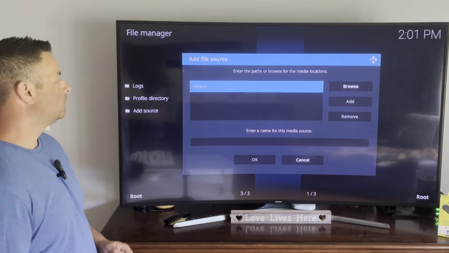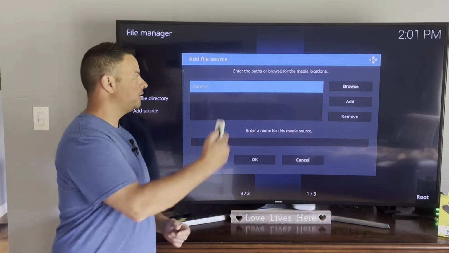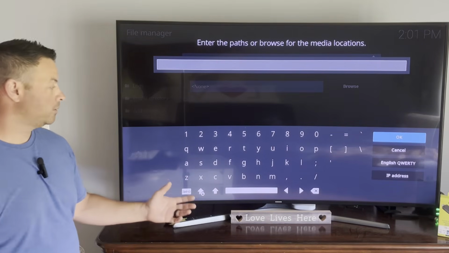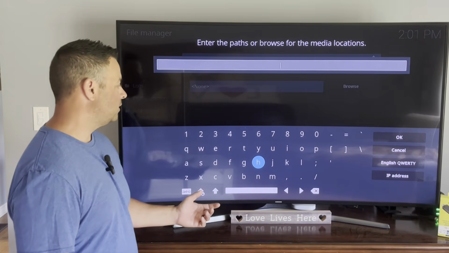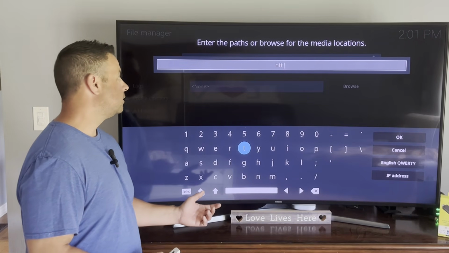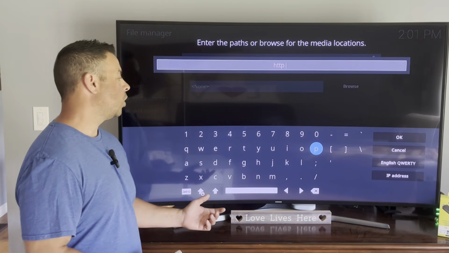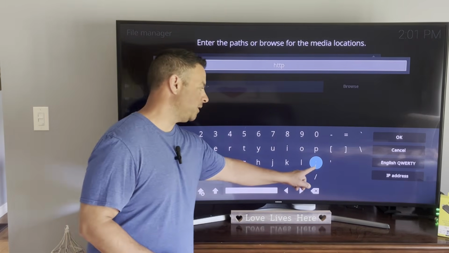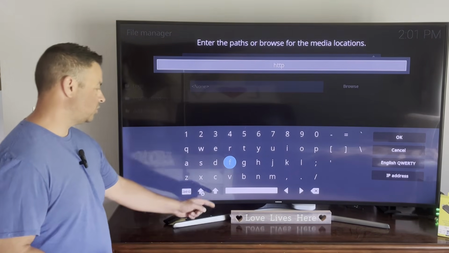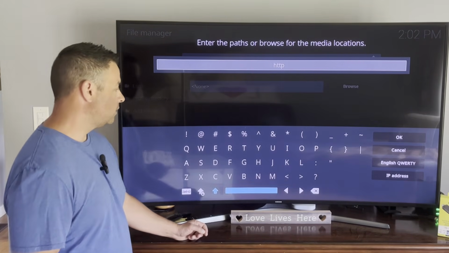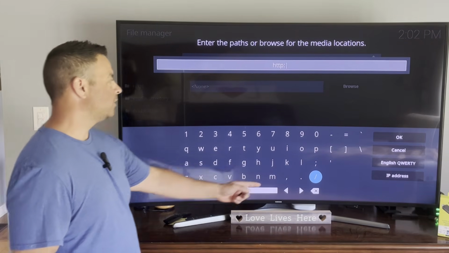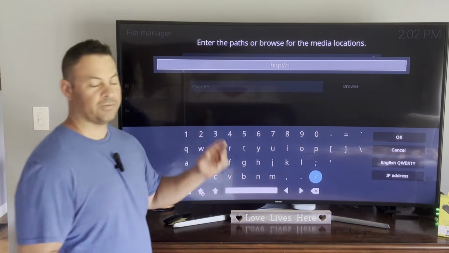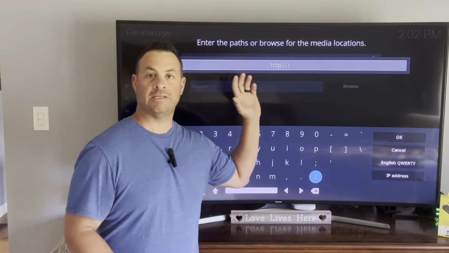Come up to File Manager. Add. Highlights a field, select it. We have a keyboard. So to start this, we need HTTP: We do have a semicolon, so we need a colon, so use the shift button. We have a colon. And then //